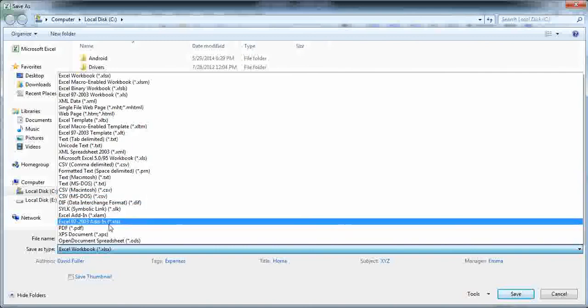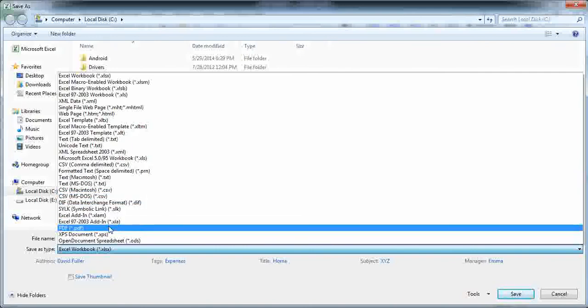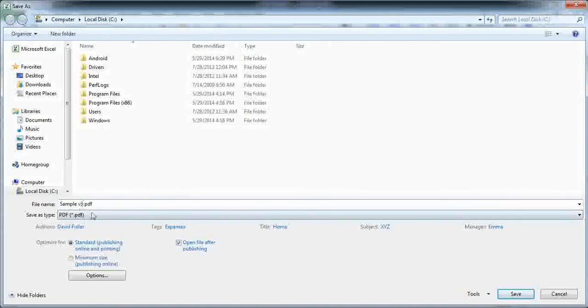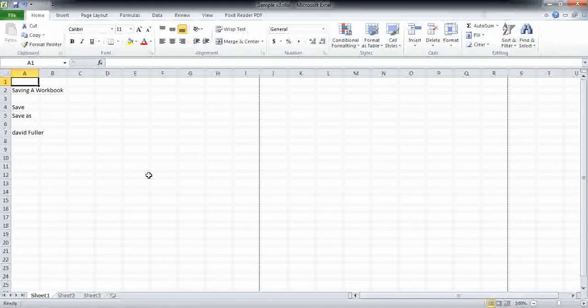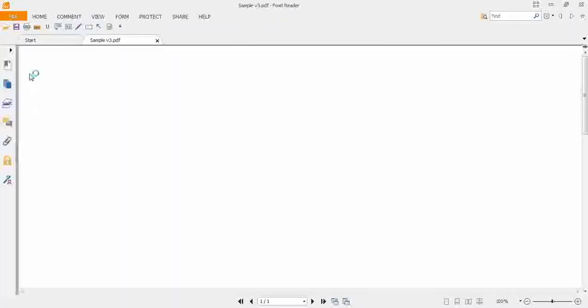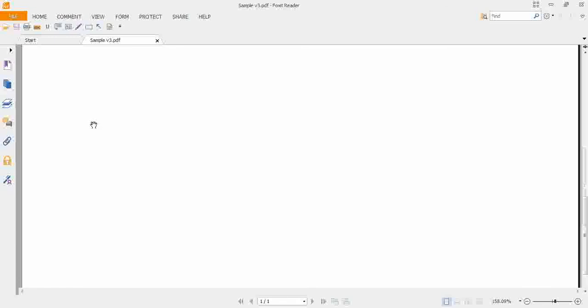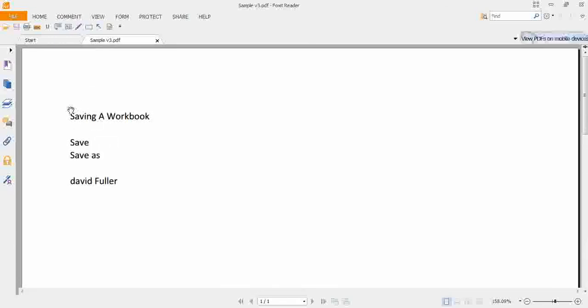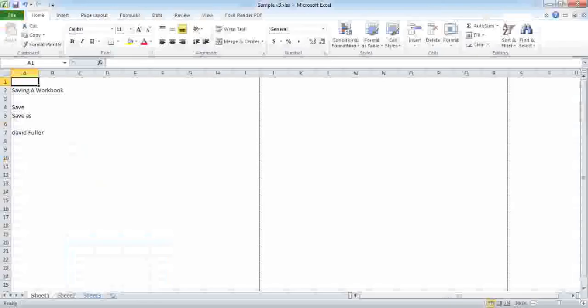Now as you move forward, obviously the most popular one, the PDF format. If you want a PDF to be generated when you press the save button out of this Excel file, click this and just press the save button over here. You will have a PDF created out of the whole thing, and if you have chosen, it will give you a preview of that. Otherwise, there it is. So now you have a PDF created out of the sample workbook which we had before, and you can see that the formatting is gone, but just the words remain.